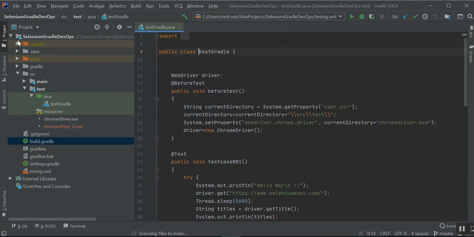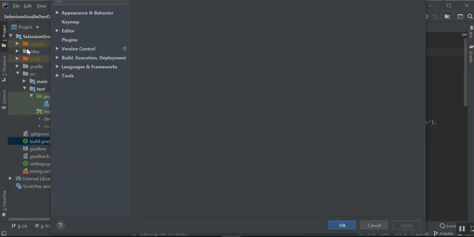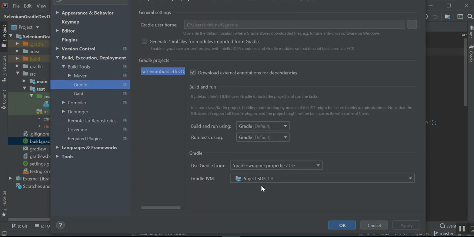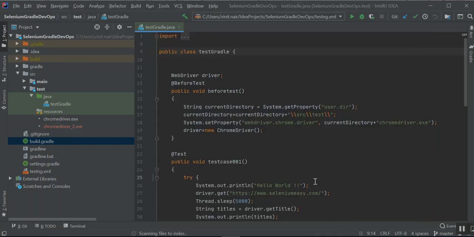Then I have gone to the file settings, in the build tool, and made it Gradle build. The one thing you have to do after the setup is run it from here so that the test case will run. After that, go to the path where the gradle.bat or gradlew file is, and give ./gradlew test. When you do that, the test case should run there also, and it should pass.